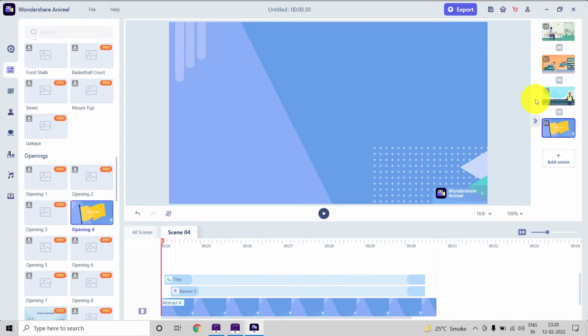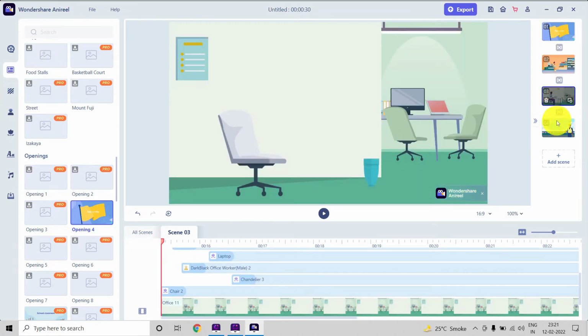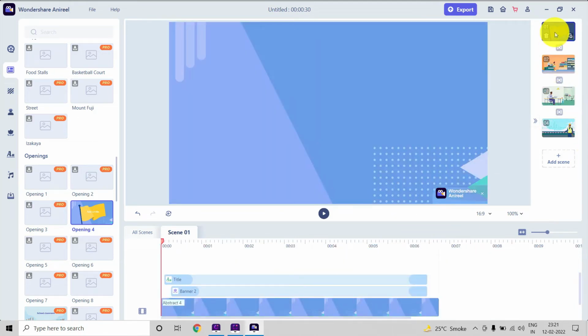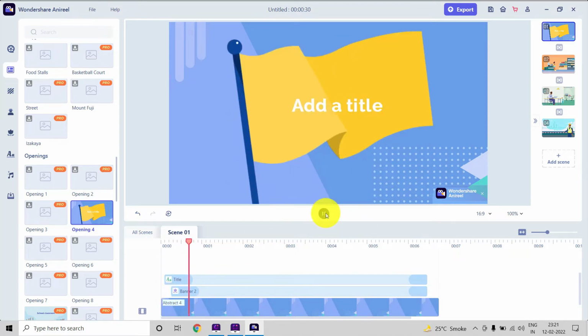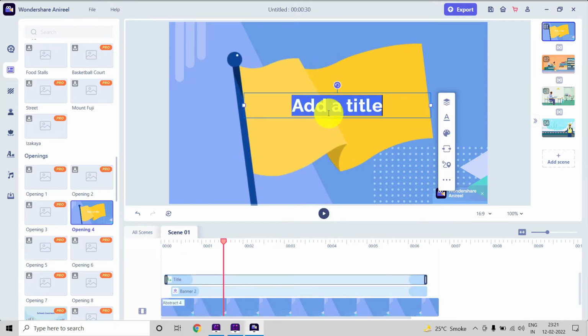If you want to edit some of the text, you just have to select the scene. You can also rearrange the scenes. You just have to drag and drop it here. You'll be able to change the sequence also. So if you want to change the text inside any scene, you just have to click on the title there, and I'll just